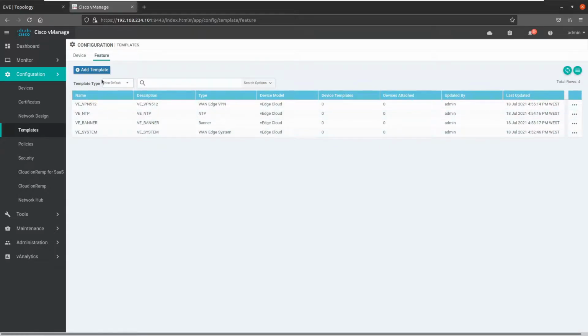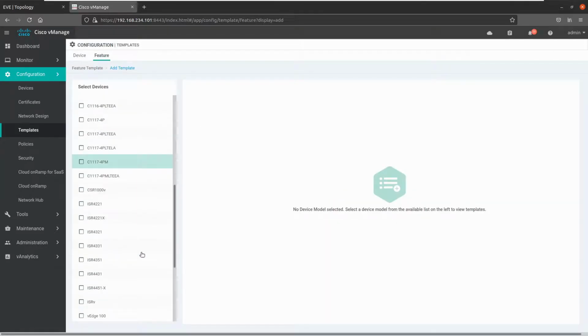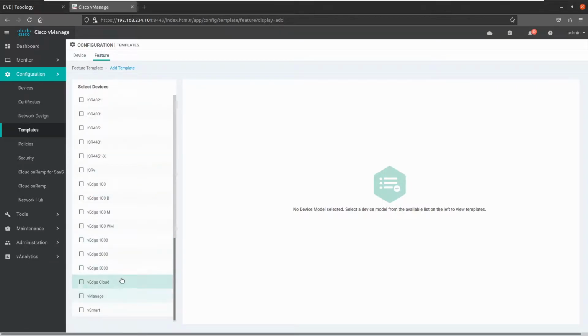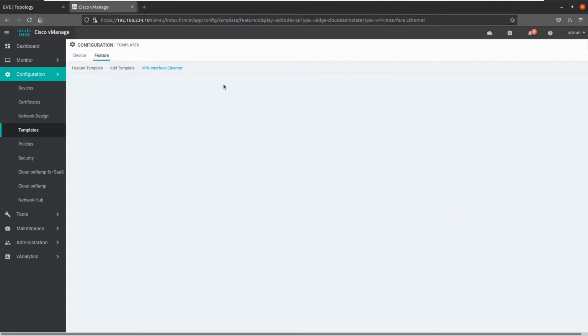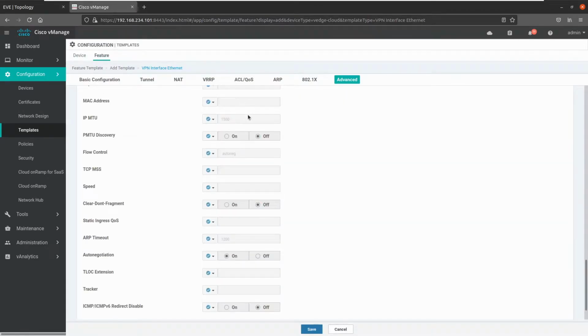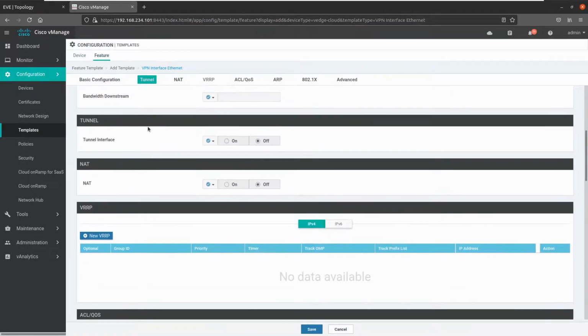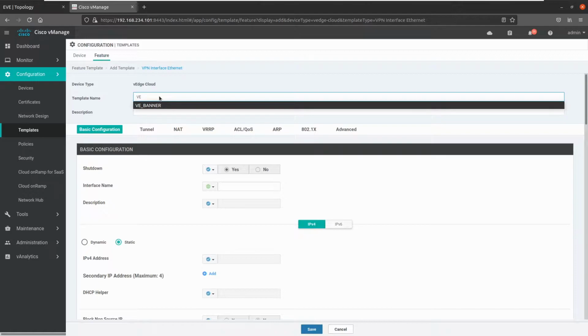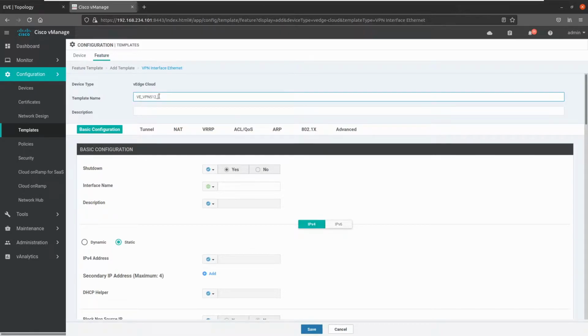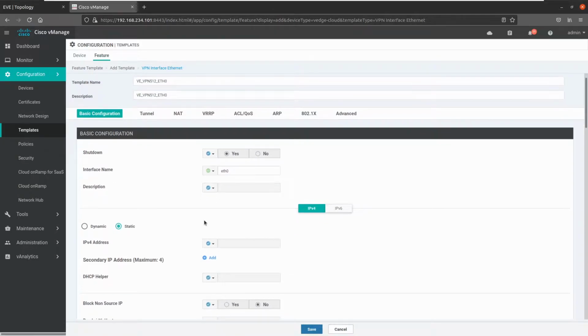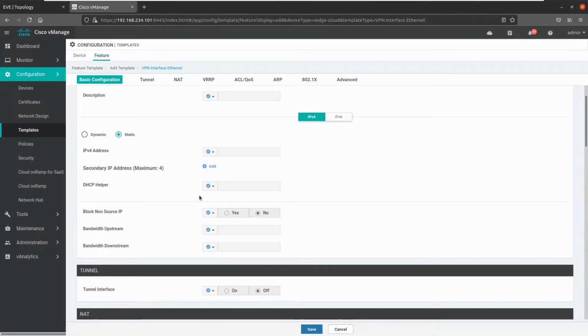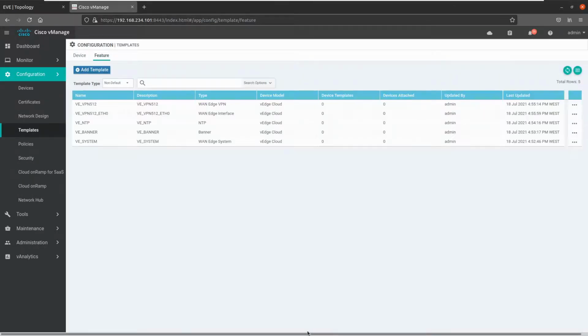So all the sites will have this, and I need also an interface, and that should be, I believe, that's E0. To call VPN, and no, that's the interface. That's easy to identify. Shutdown, yes. Interface name e0. IP default. Yep, that's it. Now